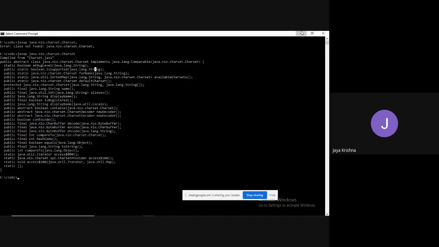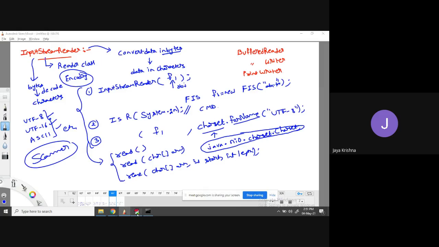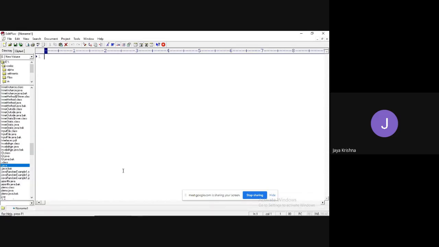Okay, fine. With the help of this InputStreamReader and OutputStreamWriter, I can show some examples by executing them so that you will get clarity. First, I need to do import java.io.*. Generally you need to write a specific class, but if you write like this, all will be imported.